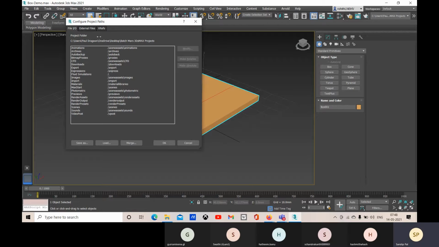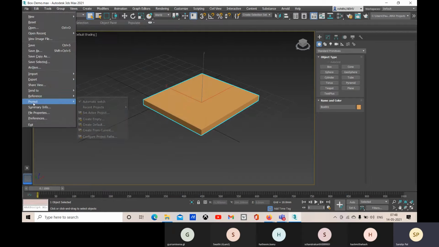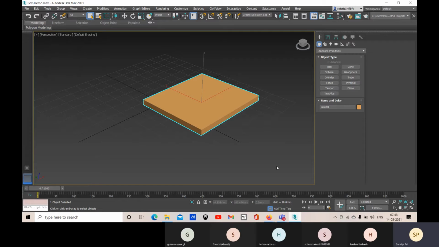So for each part of your project there are particular folders, and this way you will be organizing your project folder, and you should go like this. Okay, so for that you have this project, and you will create a default folder, and there you will be saving it, and here you will define the project folder. If you need to change here, you will get the list, and from there you can change. Okay, so you have two options.